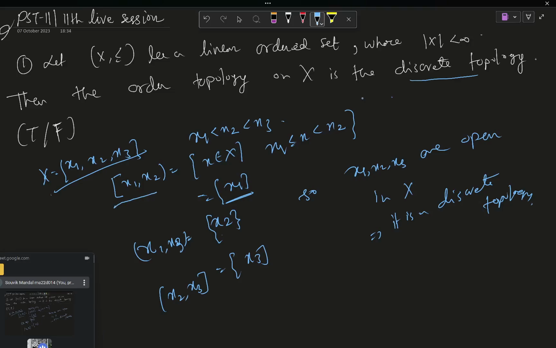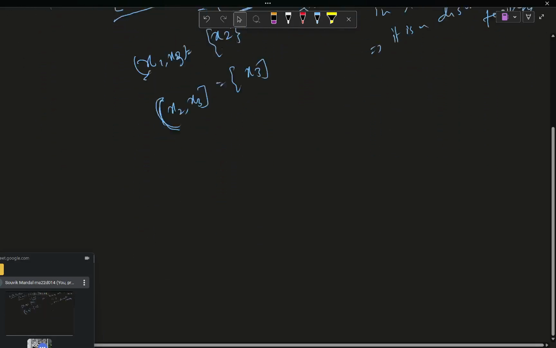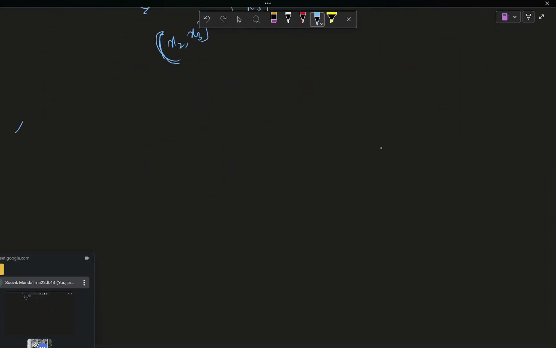The other elements can be found as open intervals with one element on the left side and one on the right side, and the largest element can be found as (x2, x3]. So if we use this method for an arbitrary set,